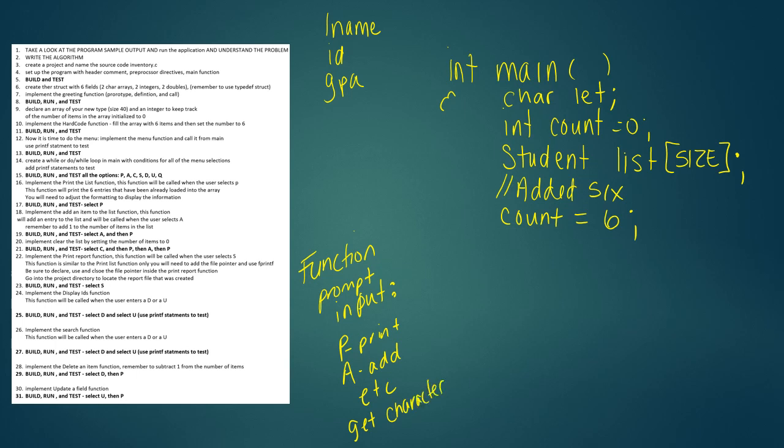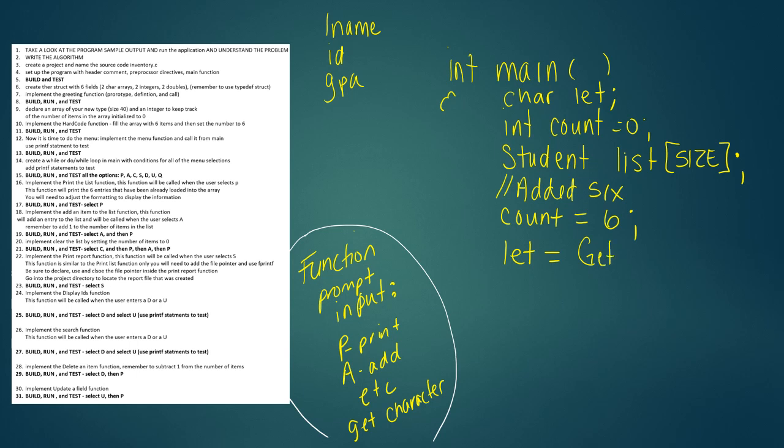All right, so this is a function, so you're going to need to make this function. This right here is not a function, but you're going to make a function that does that information. Now you can either have the function have a character return type, or you can have the function use a pointer to the character. It doesn't matter, but go back to previous assignments to understand how to do that. I'm just going to make it simple and have the function do a character return type. So what does that mean? So I'm going to say let equals